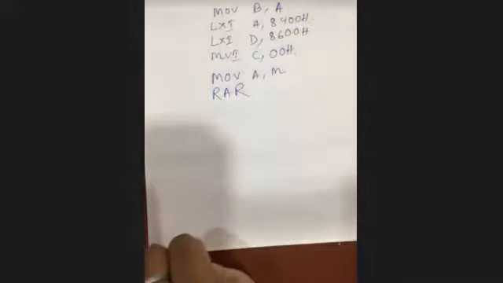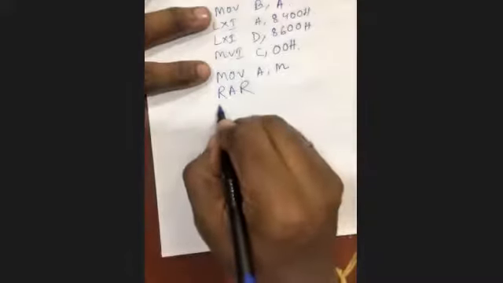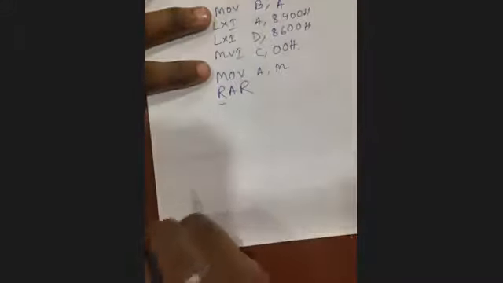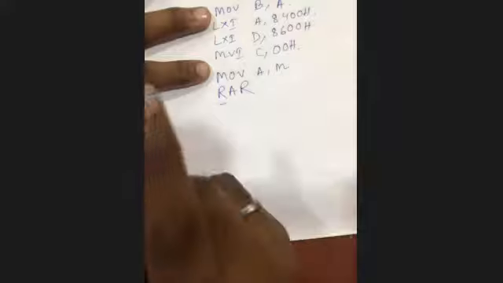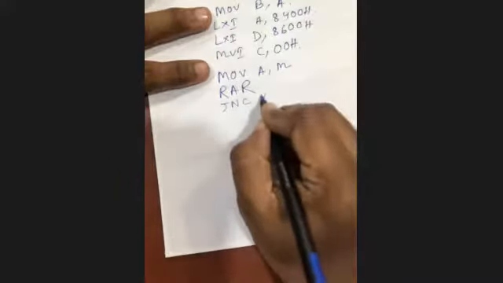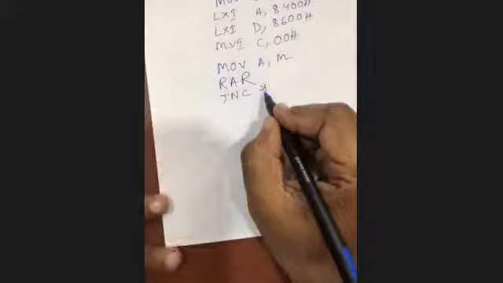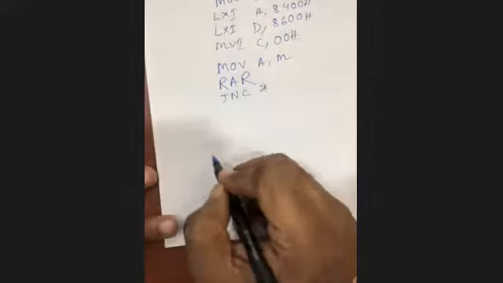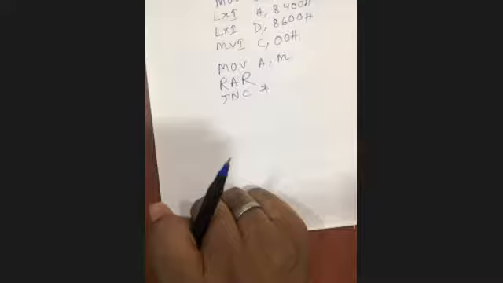Right? Yes, sir. Next, you should not write it as: if the carry flag is set, then we will do something. So we will be using the reverse, jump if not carry, JNC. If the carry flag is not set, then jump. I will tell where. But if the carry flag is set, what will be done?